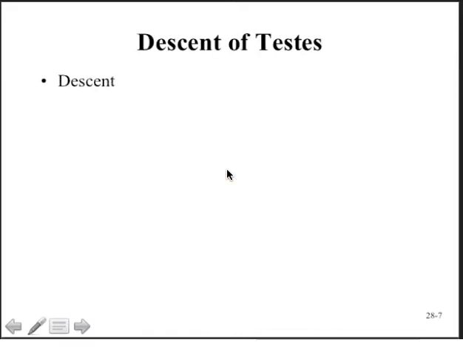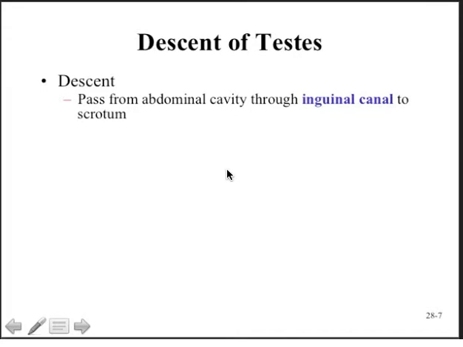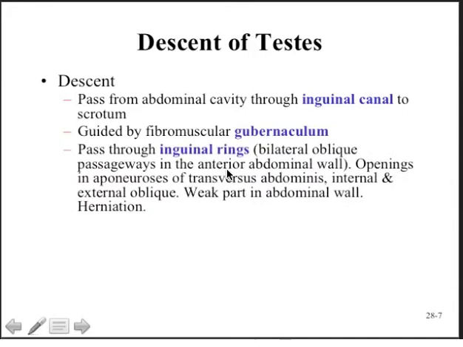The testes do not begin life outside the body. They actually are inside the peritoneal cavity. Their descent allows them to pass through the inguinal canal into the scrotum, guided by the gubernaculum, which is essentially a combination of connective tissue and muscle that eventually will slide the testis through the inguinal canal, passing through the